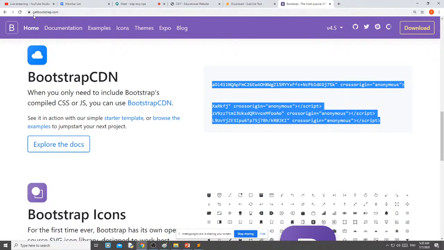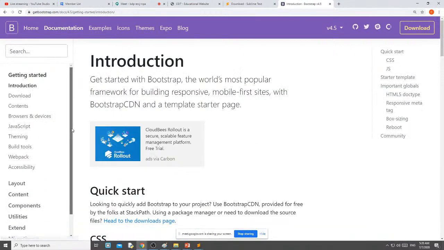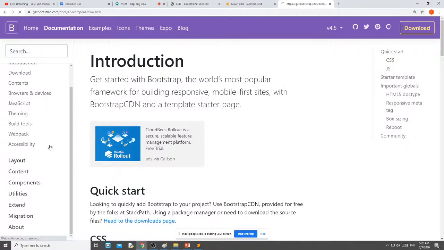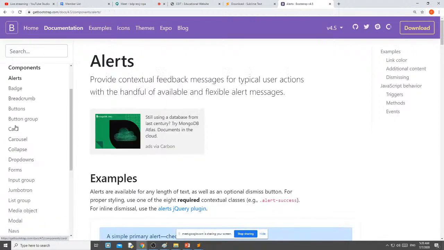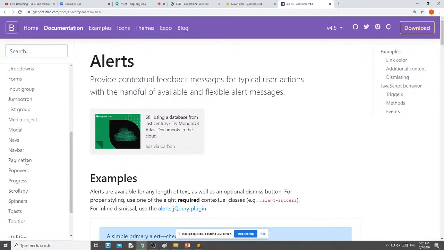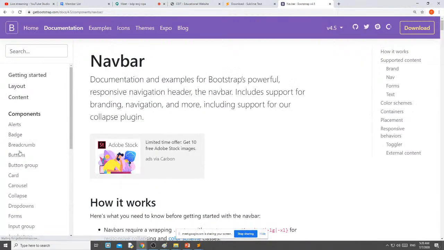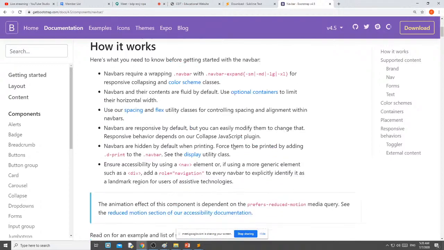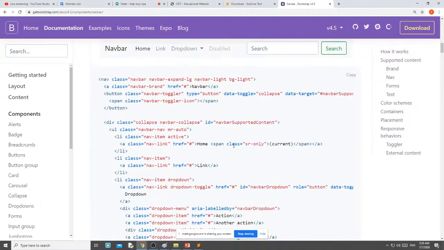You can go to Get Bootstrap, go to documentation. In documentation, click Components, then here Navbar. Once you click Navbar, you can directly copy this code and paste it in HTML. You will get exactly this output. But now I will show you how to write it.